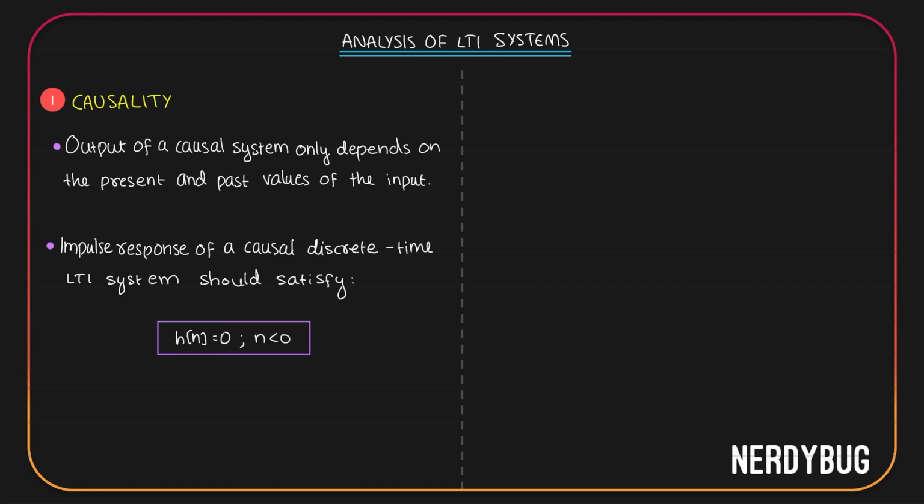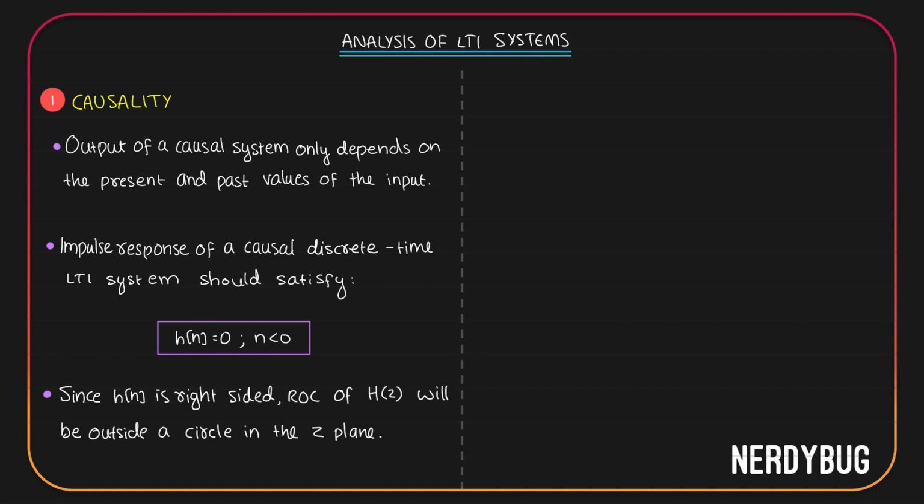We have also learned that the impulse response of a causal discrete time LTI system should satisfy the condition h of n is equal to 0 for all n that is less than 0. But if h of n is equal to 0 for all values of n that is less than 0, then that means h of n is a right-sided sequence. And we have learned for a right-sided sequence, ROC of H of z is always going to be outside a